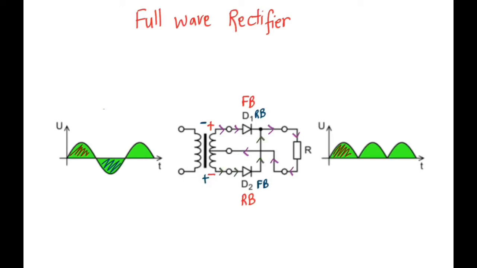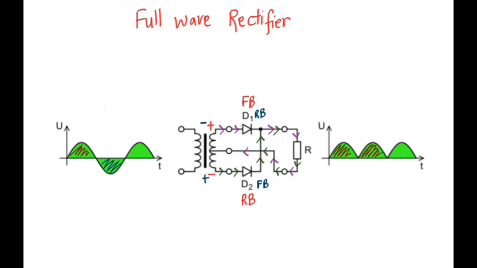So let's see how the current flows. It starts from the source and goes through D2. Then it has two options. Either it can go left or right, or it can split. But it sees on the left side there is a D1 diode which is reverse biased, so it will not allow the current. But on the right side there is a resistor which allows the current to flow through it, and therefore the current will go through the resistor and the circuit is complete, and we can see that we get a positive output again